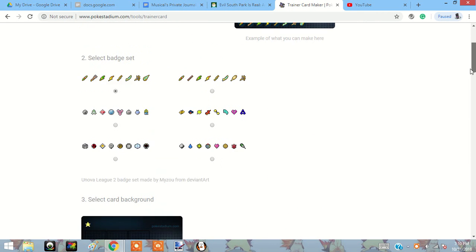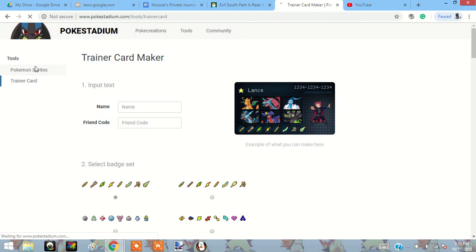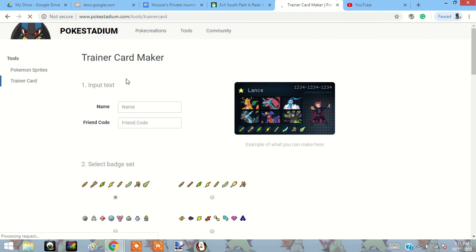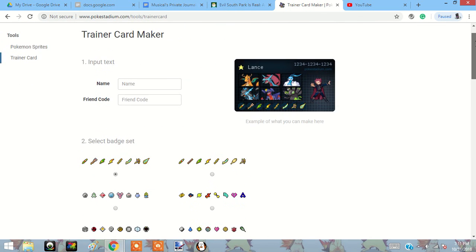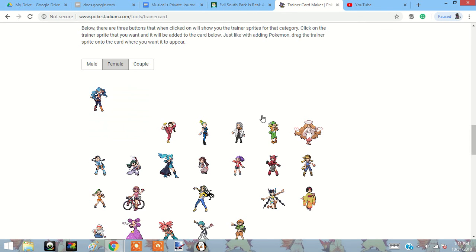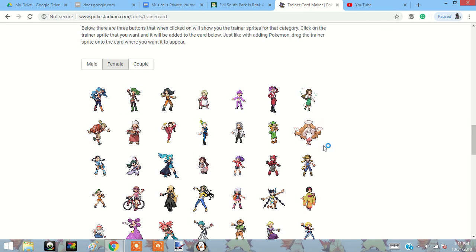So first, go to Pokemon Stadium. You'll come up, you'll do Pokemon Stadium /tool/sprites. So you'll get this, and it'll give you Pokemon Sprites, which has official art, main series, and miscellaneous. And you can make it transparent or white if you want. You can also go to here, which is Trainer Card Maker, and you can choose a trainer. All you need to do is select a trainer, and I'm going to select the easiest one I can select,